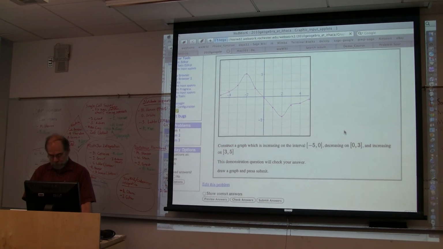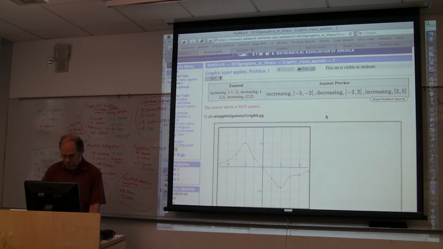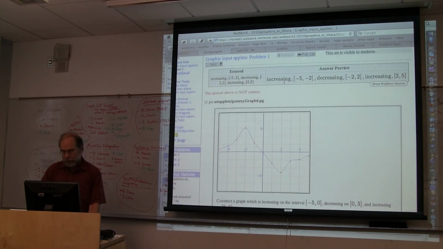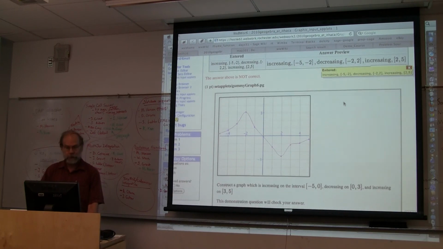Let's hope this thing doesn't hold up too long. What do you show for the correct answer when they ask for show correct answer? Well, at the moment, this is just a demo type of thing, and I'm worried about what's going on with Safari here. It forced me to first click it. Okay, there we are. So here's the answer. It's incorrect. It's increasing on this region, decreasing on that. A lot of this stuff could be improved. This is demo type stuff.